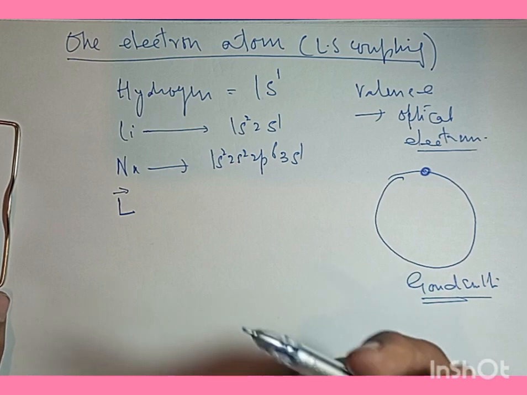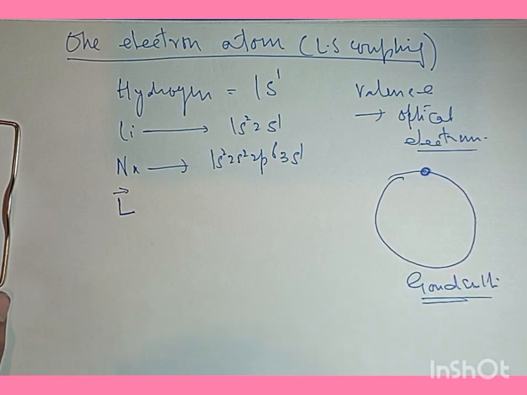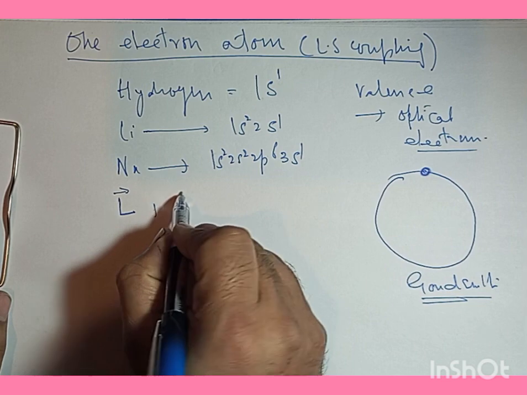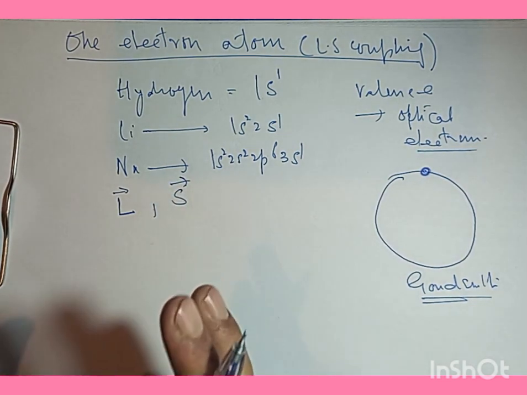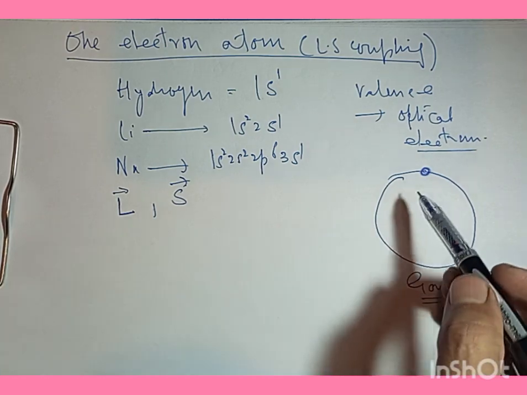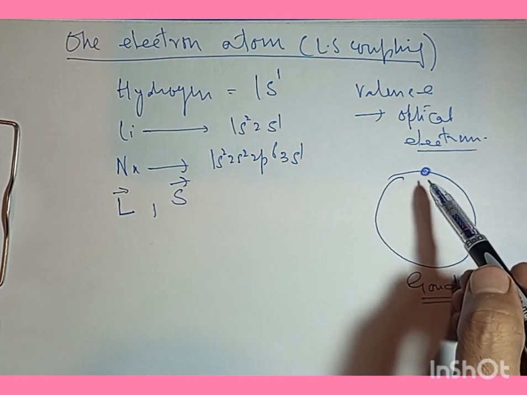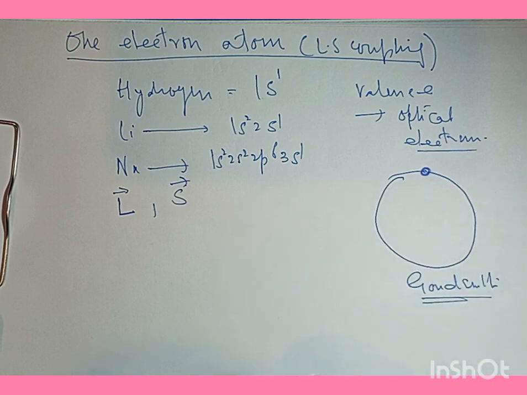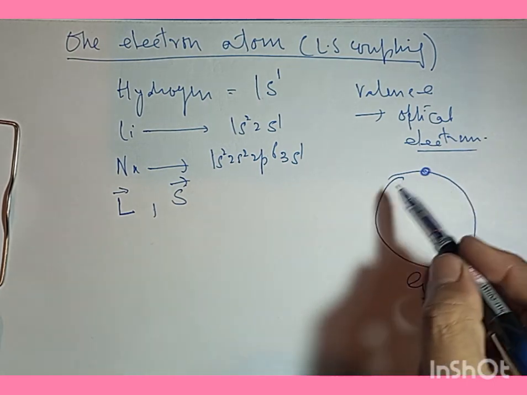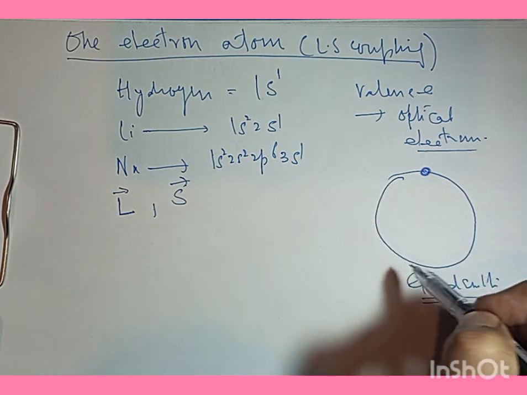So it has spin angular momentum S because it has the intrinsic spin. So if I have to calculate the total angular momentum of this electron that's present in the atom,